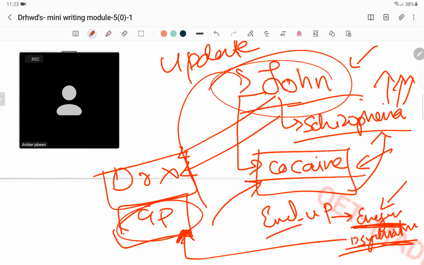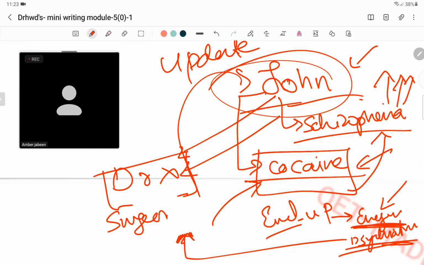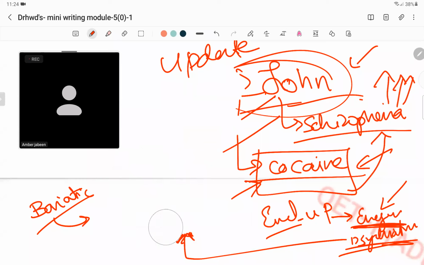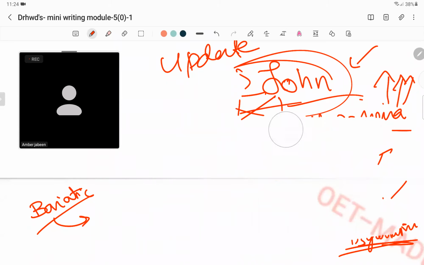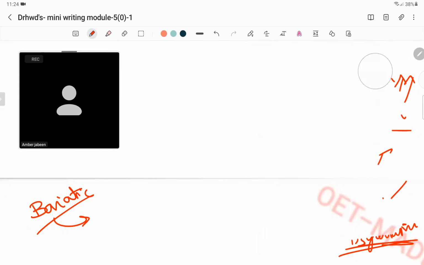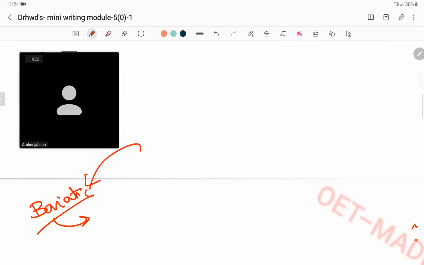Now here could be another thing. This should not just be a GP, this could be a surgeon who had treated him for, let's say, a bariatric surgery before. John went through a surgery and things were fine. But now his GP says that John has started experiencing hallucinations. So you're sending him to the same doctor who had treated him earlier, but why? Because there is a change in the situation and you're updating him. Is that clear, Dr. Amber? All right, so it's a kind of discharge, but update.